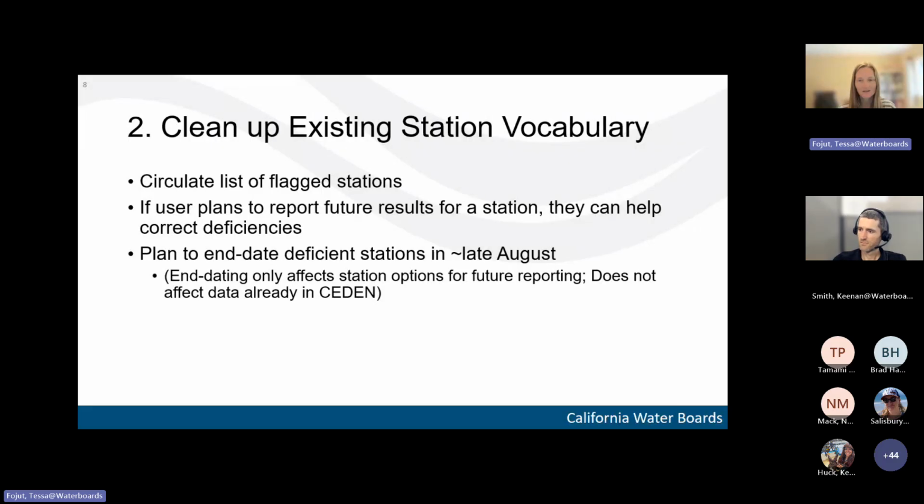So the idea is that we're trying to associate the station with the agency that would really be in charge, the one who decided to do the monitoring in the first place, so that if there's ever changes requested on that station, that's who we reach out to confirm them.